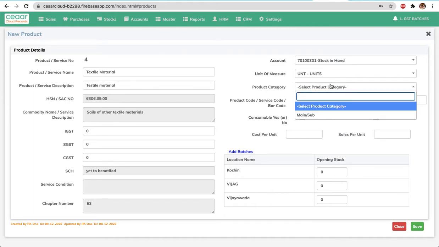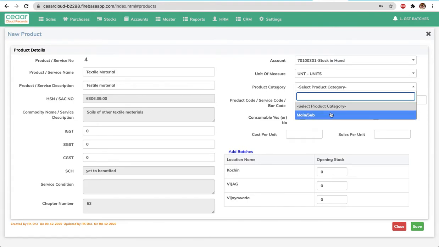The product category. This is for categorization of products and is totally internal. We can create as many product categories as required. It's like a tree structure, and we are going to see how to create this a little later once we complete this.